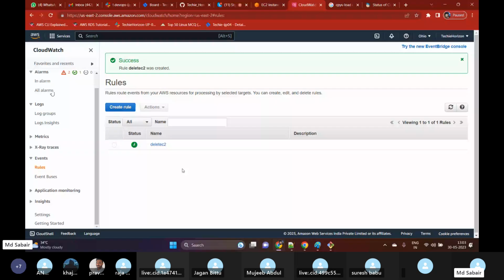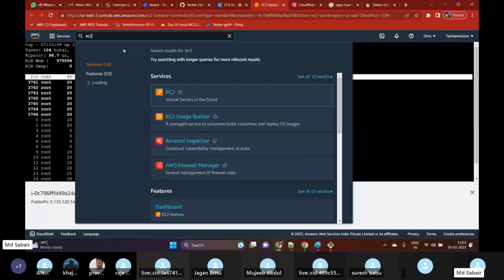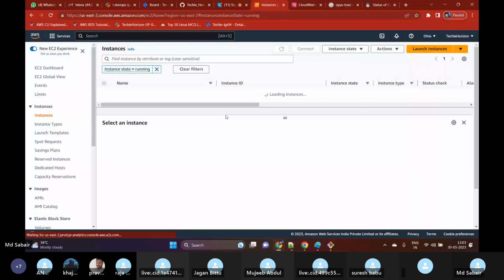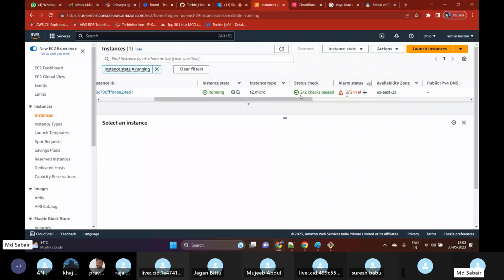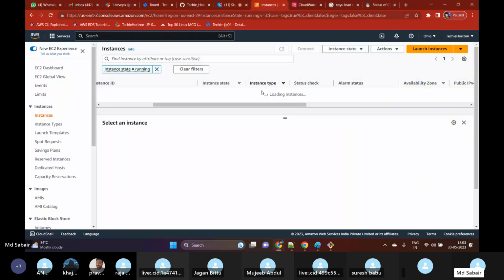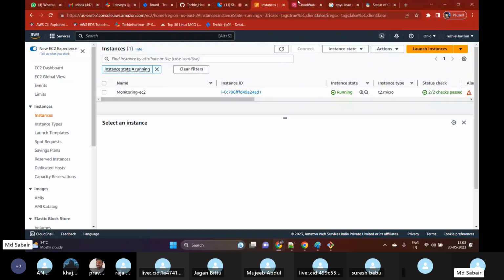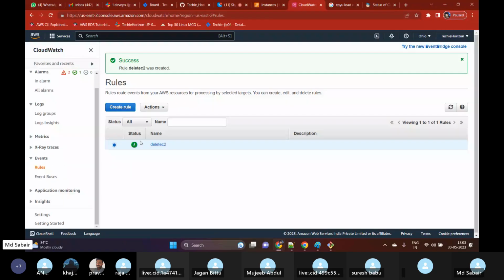Since this is breaching our instance, even here we can see alarm status 2 by 3 in alarm, meaning out of 3 alarms, 2 alarms have been triggered. Here I have configured one rule. If I refresh this,